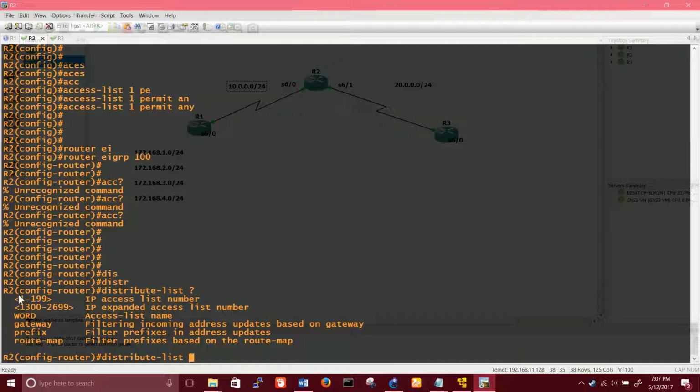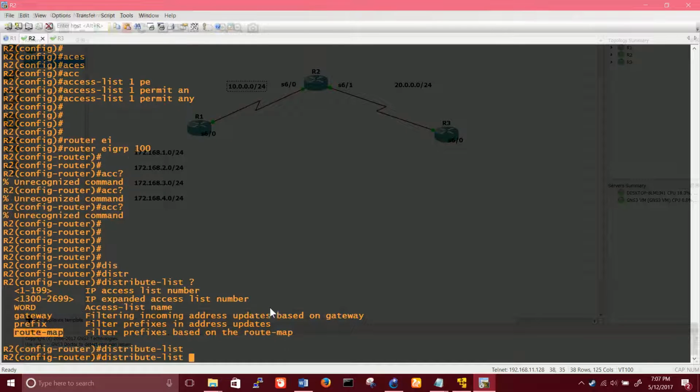It can apply a standard access list, an extended ACL, the gateway keyword, the prefix list, and it can apply the route map also. Remember route map? We did that in BGP. Go and watch the BGP advanced lab video. Route maps you will use in BGP to manipulate a lot of things such as your next hop. You can even apply those sort of things here.